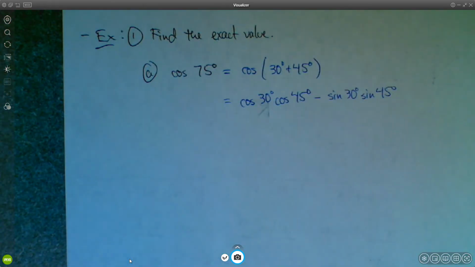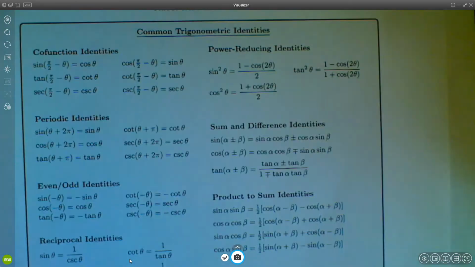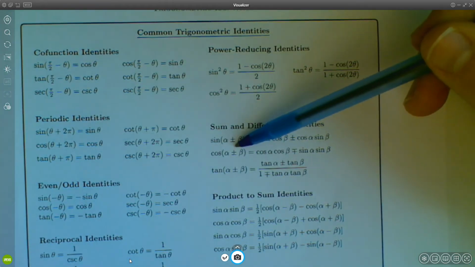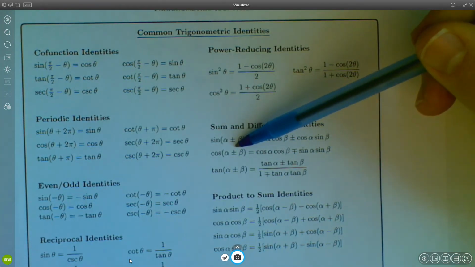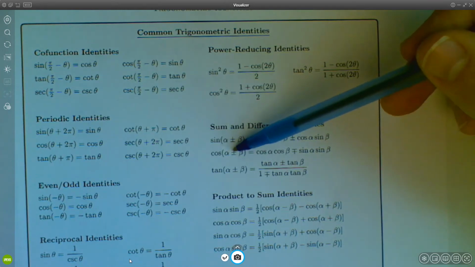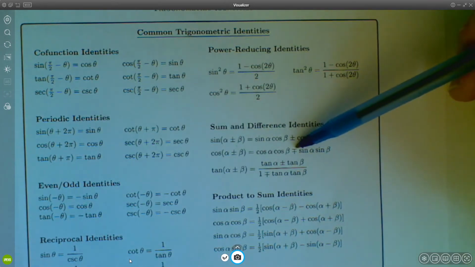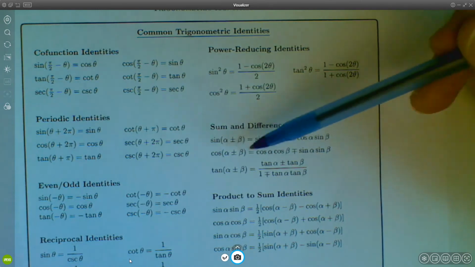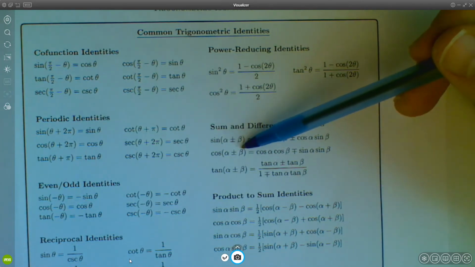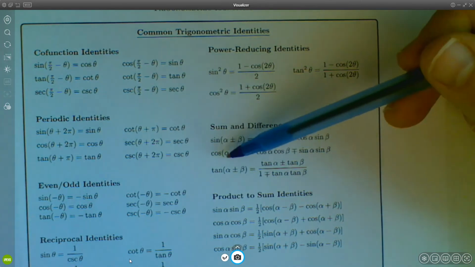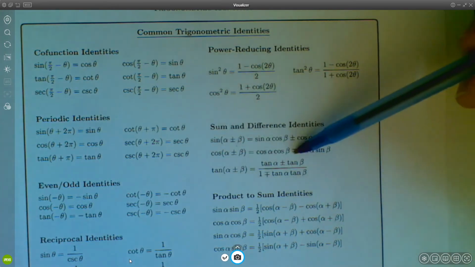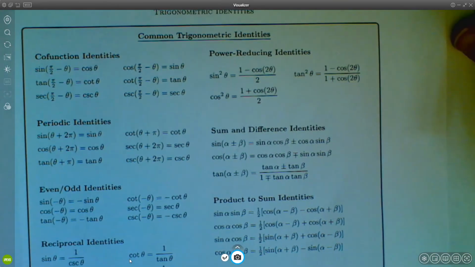And by the way, let me point out on your formula sheet, notice that when we're writing out the sum and difference identity for cosine, here we have a plus or minus, and here we have a minus plus. That's because the sign changes. So if you're starting with alpha plus beta, it becomes a minus sign over here. If you're starting with an alpha minus beta, it becomes a plus sign over here. Anyway,